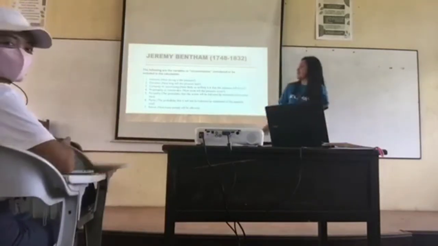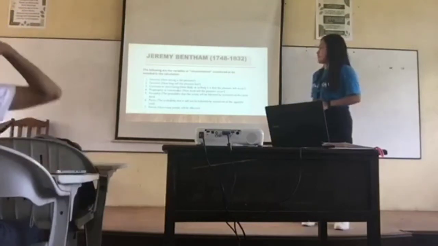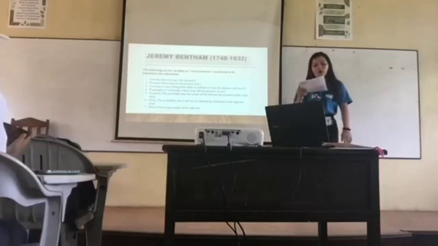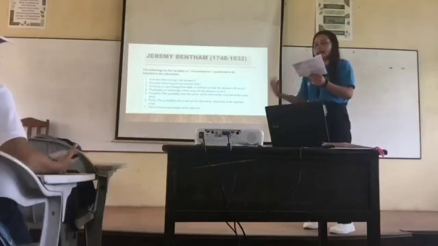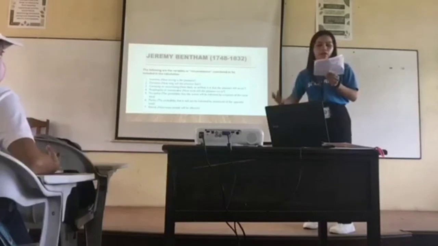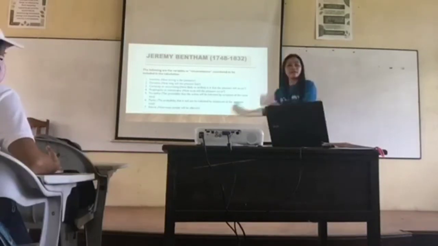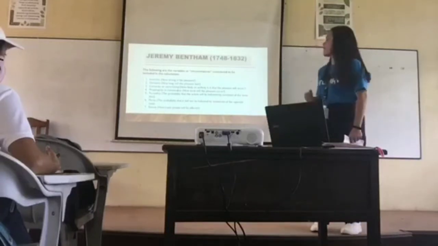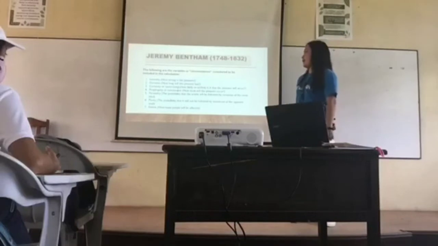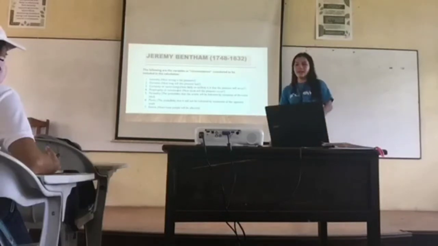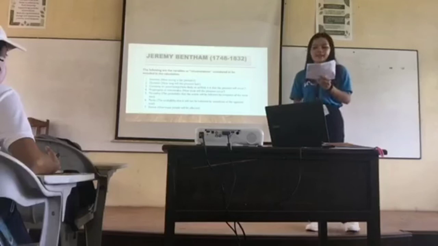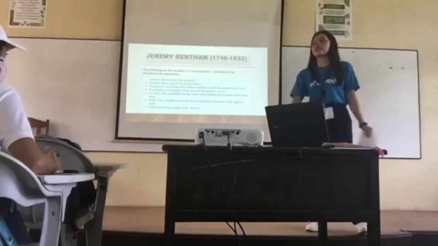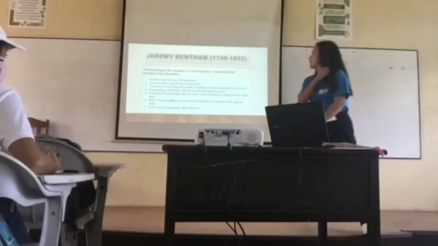Third is the certainty or the uncertainty. How likely or unlikely it is that the pleasure will occur. Which is more certain to happen, pleasure or happiness? So it is how likely it could be. Next is the propinquity or the remoteness. How soon will the pleasure occur? How far the pleasure is in terms of physical space or time, or when it could occur.